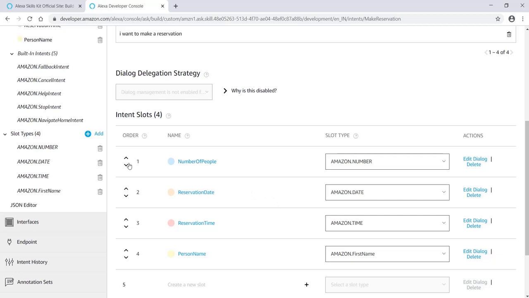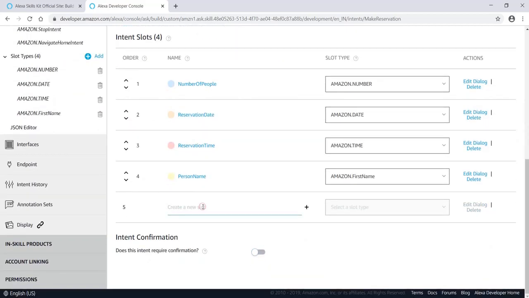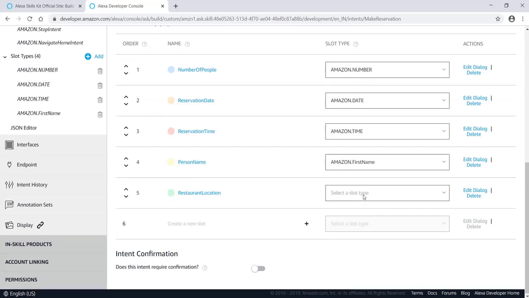The last intent, and one more slot that we have, is the location. Here you can see the make reservation is the intent, and we have this many slots, correct? And then we can create our own slot. Here we'll be creating the restaurant location. Okay, and here we don't have anything. Restaurant location we have created. Here we don't have any location. City, we can choose the city, but since our students will not be in all the cities,